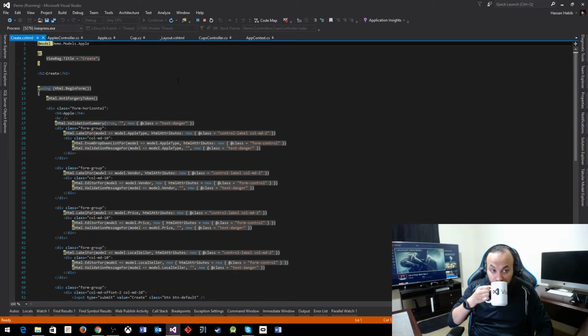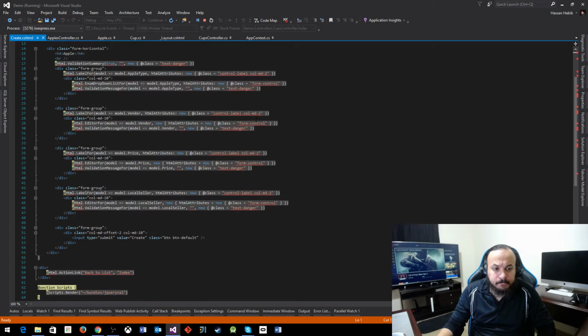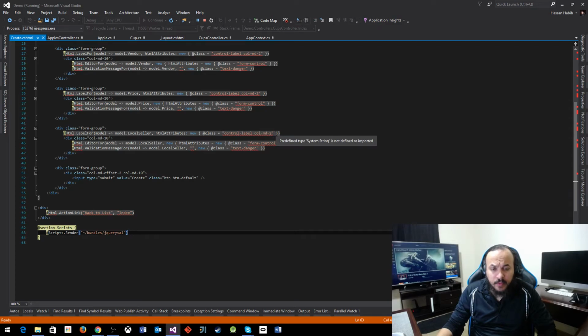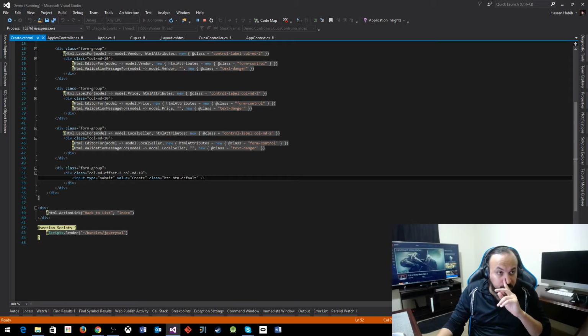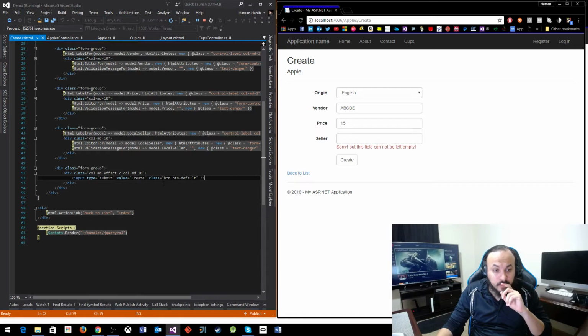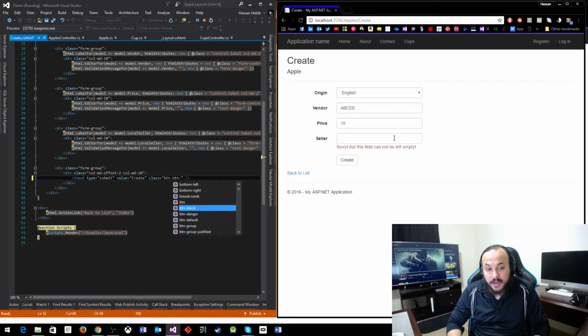Come on, there it is. It's very straightforward HTML, and don't freak out with the red stuff, it'll just go away in a second. There it is. So this is the create button, right? You could change that on the fly. I'll show you that right now. So this create button, it's button default. It's a bunch of classes that Bootstrap does. And the beautiful thing about Visual Studio, it'll show you a drop down list of what's available. So if I choose button info and save that,